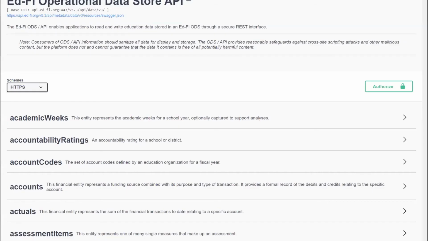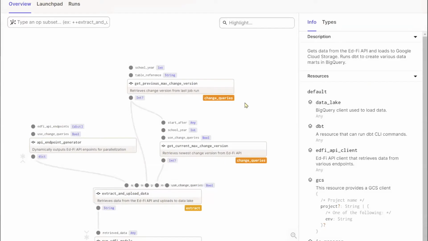So let's look at just a few screens so I can walk you through this and help you be able to put your finger on it. Here's that Swagger document I shared. And the Dagster graph today looks a little something like this. It's your traditional